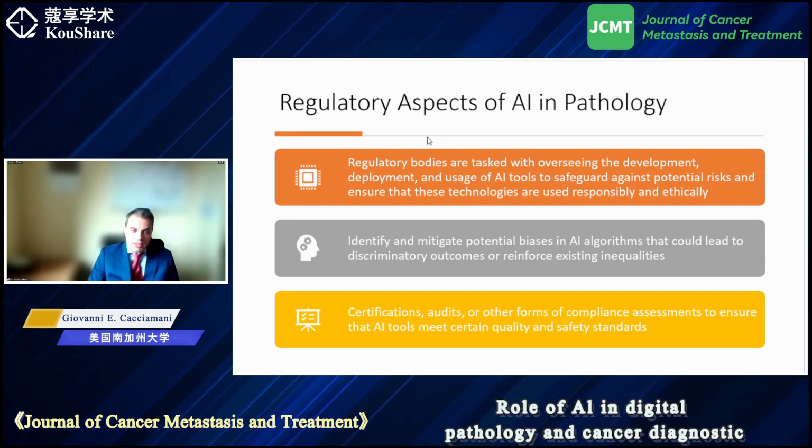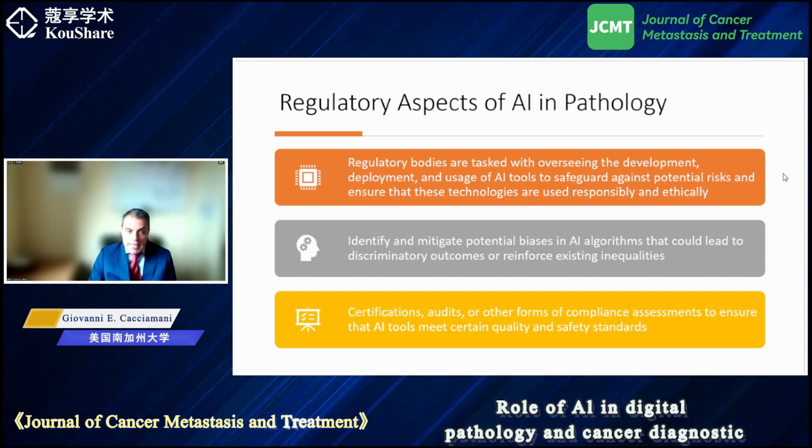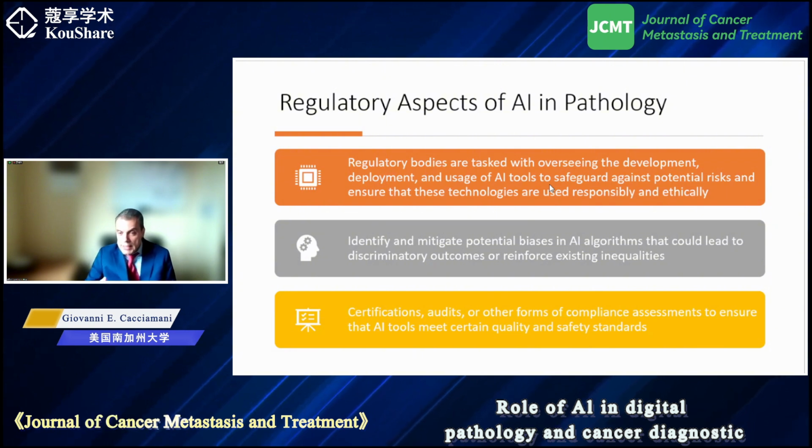This translates into regulatory aspects, because in order to have digital pathology approved and standardized across different countries, and we know standardization is very important for us, because we cannot compare diagnoses if the system is not standardized, and we cannot run clinical trials, we cannot compare clinical outcomes. We need regulatory bodies that will take care of how artificial intelligence tools are developed, how they are validated clinically, and once again the diagnostic accuracy study, and then the need for certification and audits.